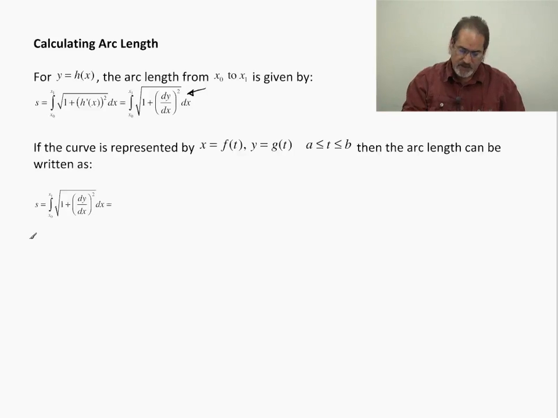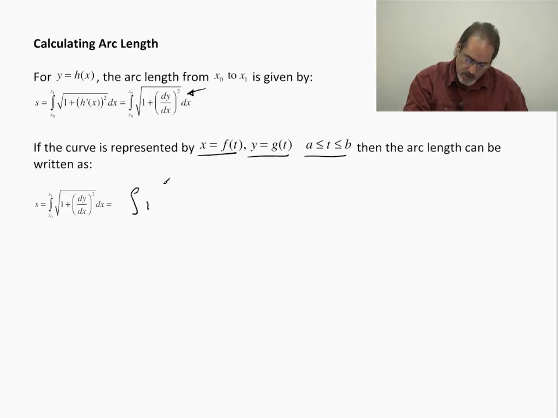for a parametric curve. So if I have a parametric curve where x is given as f of t and y is g of t, where t is between a and b, then the arc length can be written as, see, this is straight from the Cartesian coordinates, but I'm going to transform this into parametric. So this is going to be the same as the integral of the square root of 1 plus, well, dy/dx is (dy/dt) over (dx/dt), squared,